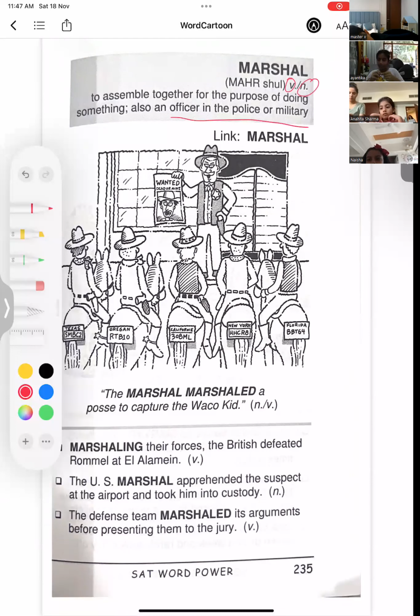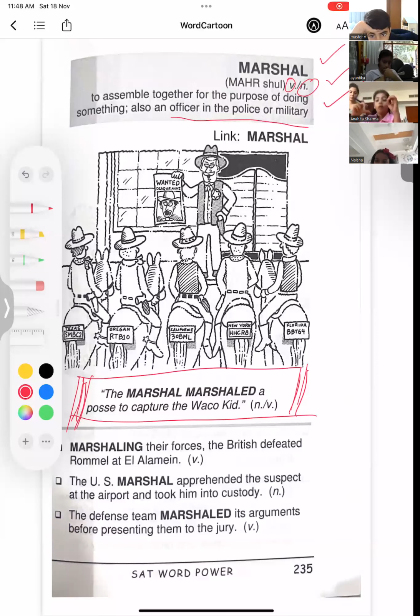Now, have a look at this statement over here. You will always, because I've shared this book, children, with you in the group. You can take a printout. I will not be covering all the words from this book, but I'm teaching you how to self-learn from this book. Yeah, very good. That's good. So you will have a word, then you will have a part of speech, then you will have a word meaning, then you will have a statement which is a little funny, and then you will have a couple of examples where they have used the word in a sentence.